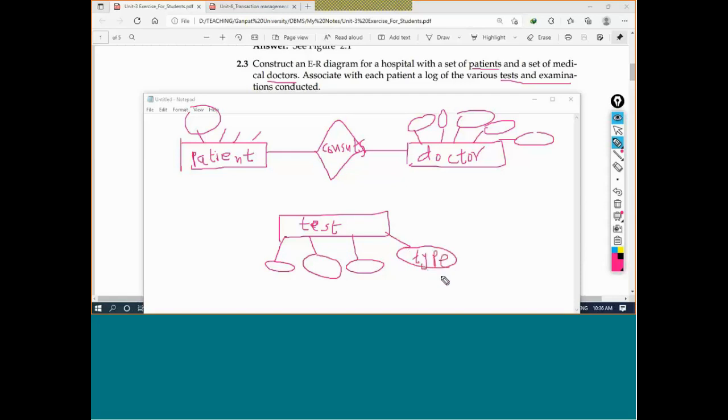So here what I will do is that a test is conducted on a patient by a doctor, right? Here they want us to associate with each patient a log of the various tests. So a log we have to associate with each patient. So I will do something like that. Let's say test was conducted.